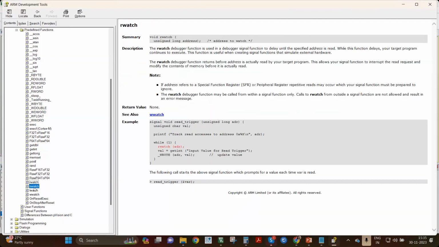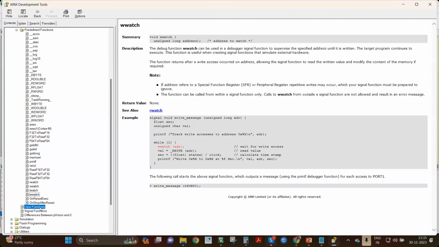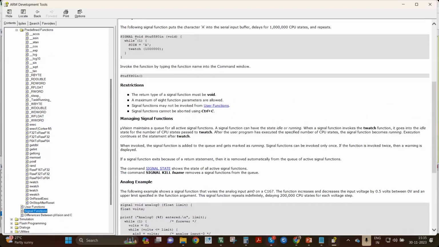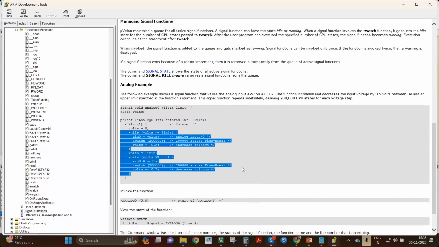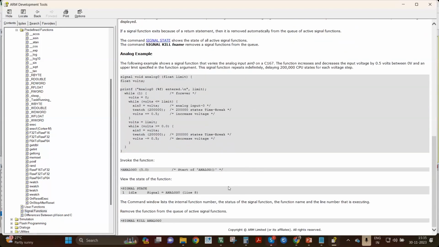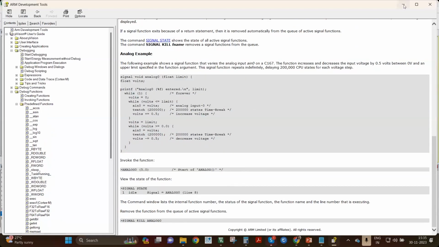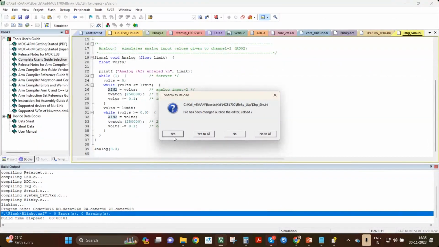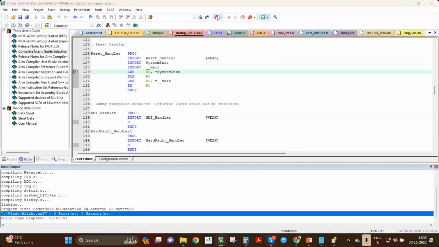You also have the R watch, AT watch, S watch. So user functions, signal functions. A signal function has to start with the word signal. The same thing is taken here. Right? So these are the functions. Okay. Now